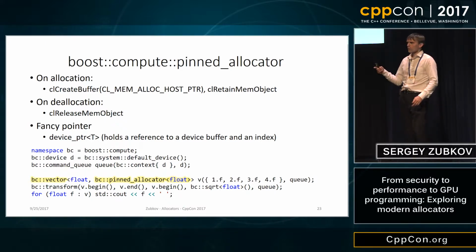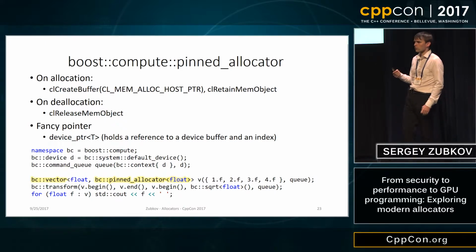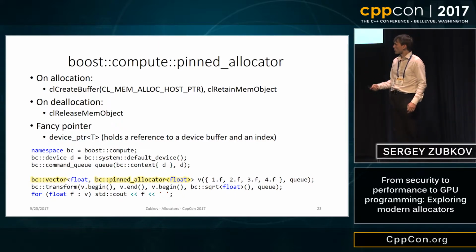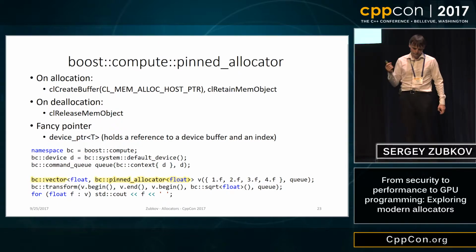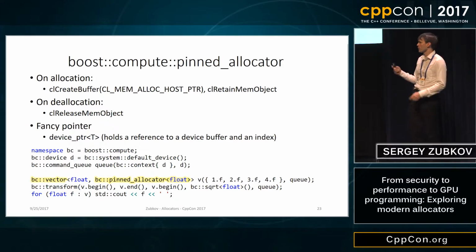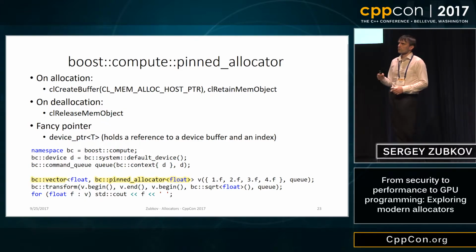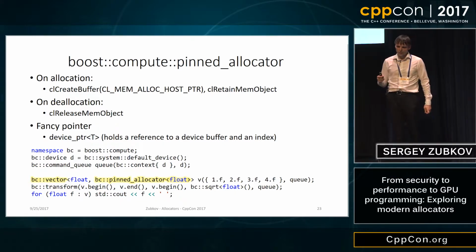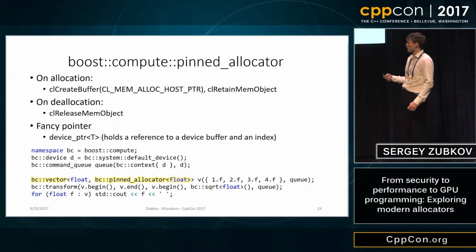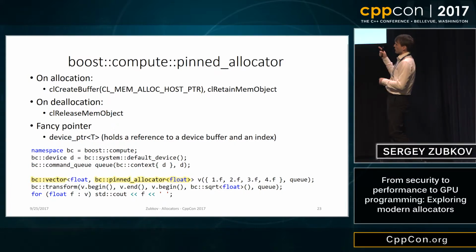It's something you get in CUDA with cudaHostAlloc, and you can get it in OpenCL with clCreateBuffer with appropriate flags. And of course, if you want to put a container in that memory, you've got to use an allocator, right? Pretty much every GPU library has something like that. Thrust has pinned allocator. TensorFlow has an allocator, but that is not exactly STL compatible. And Boost Compute has an allocator, which is also called pinned allocator, just like in Thrust, with one difference: Boost uses a fancy pointer,